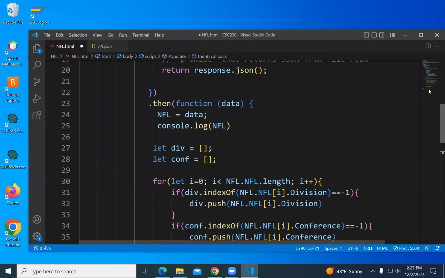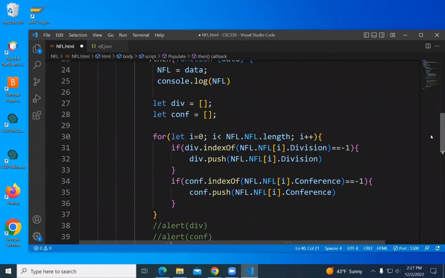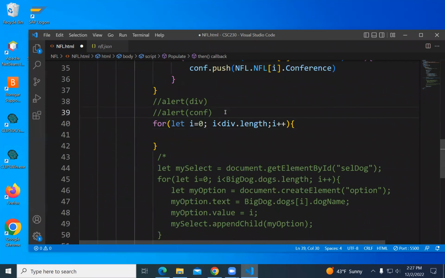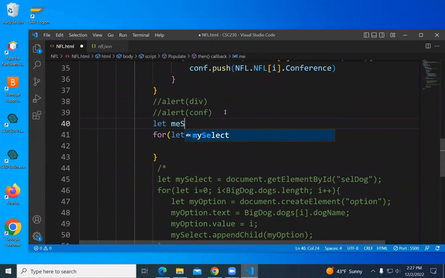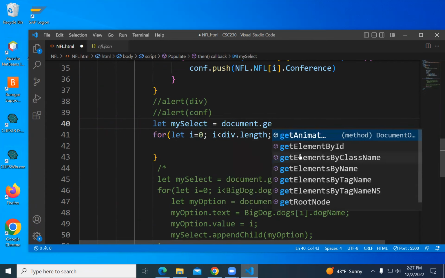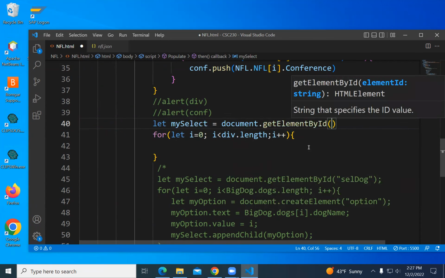I need the select, which was sel div. Let my select: document.getElementById, standard game, sel div.